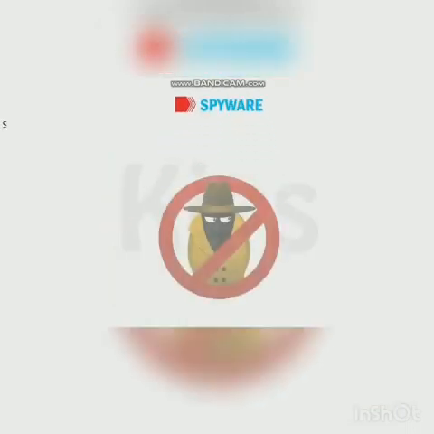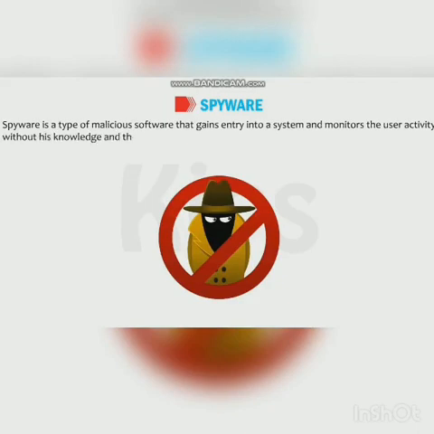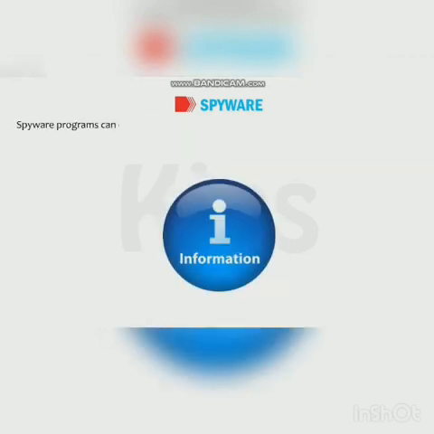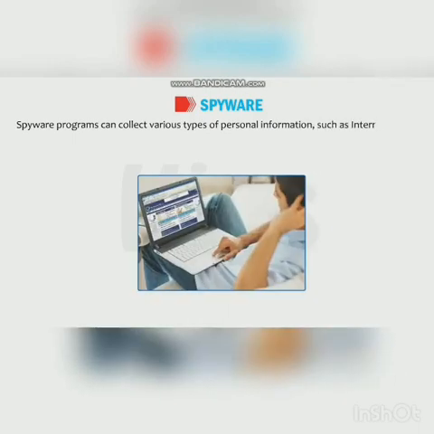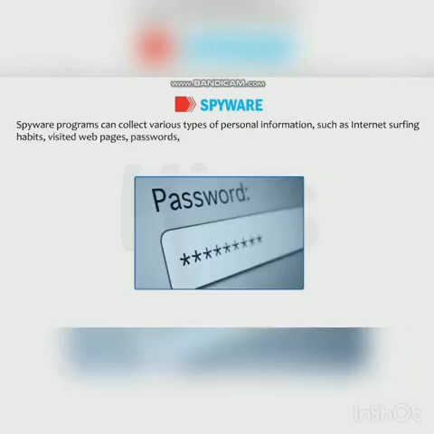Students, let us talk about spyware. Spyware is a type of malicious software that gains entry into a system and monitors the user activity without his knowledge and then reveals the collected information to another interested party. Spyware programs can collect various types of personal information such as internet surfing habits, visited web pages, passwords, and even